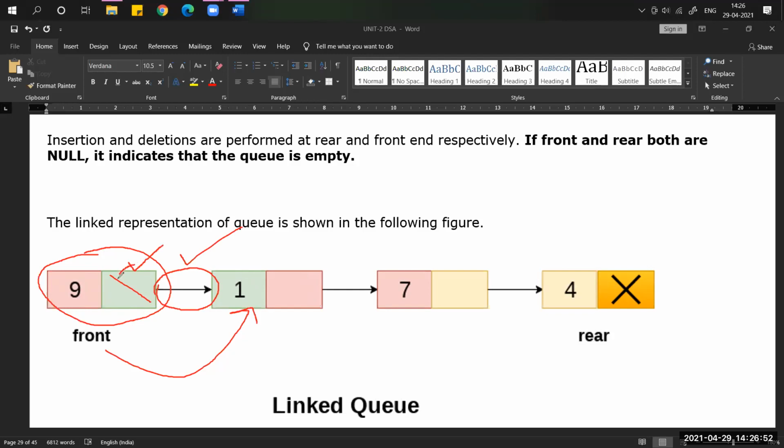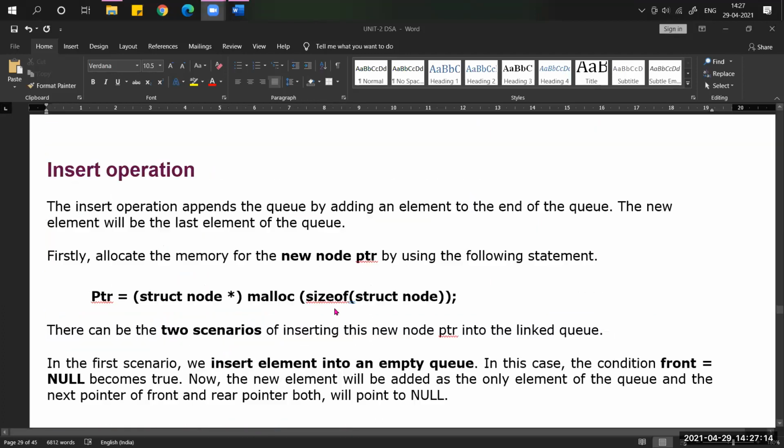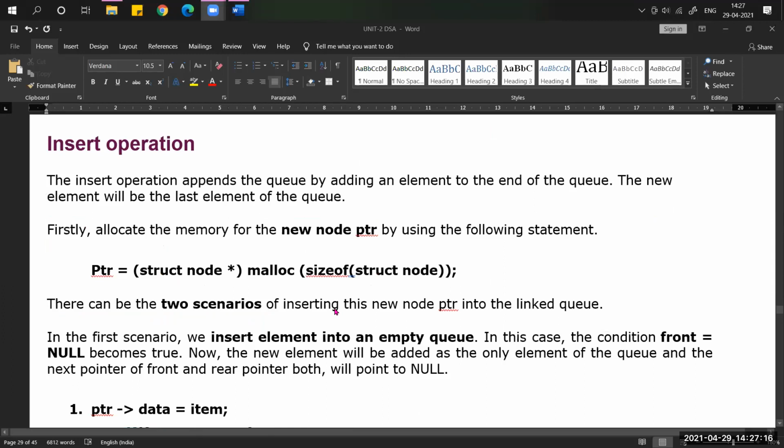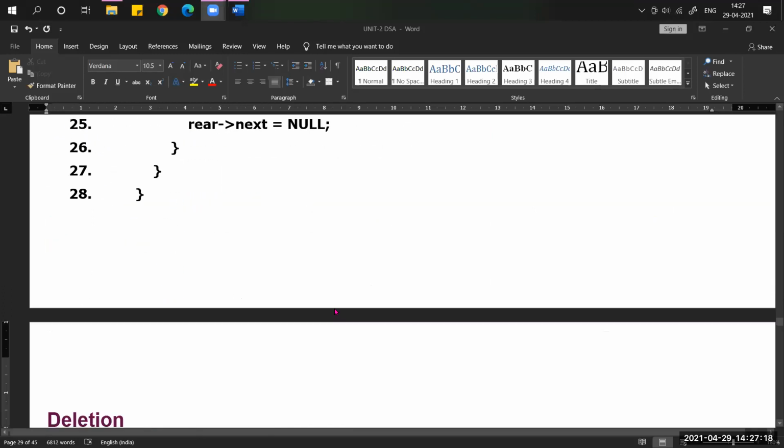What is this location name? front->next. So front equal to front->next means we are accessing the second node address. At that time, front should point to this node. Okay, now just delete this one. How to delete any node? By using the dynamic memory allocation function free. Okay, that is the concept. Just remember, I will show you the program.